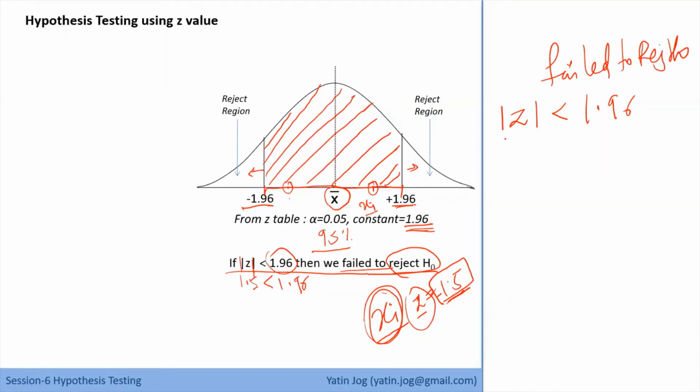So what is this mod Z? This mod Z is the calculated value. You will use some formula. Z is equal to xi minus mu divided by standard deviation. If you want to go closer to the accurate value, maybe you'll divide it by root n, that is standard error. So that is how you can calculate Z. So always the left hand side is the calculated value, and you compare it with the right hand side, which is a constant.